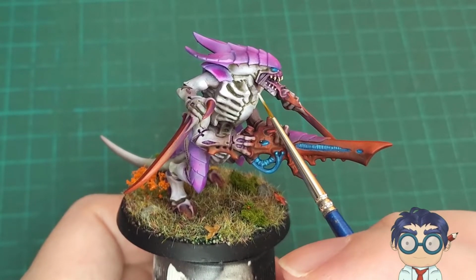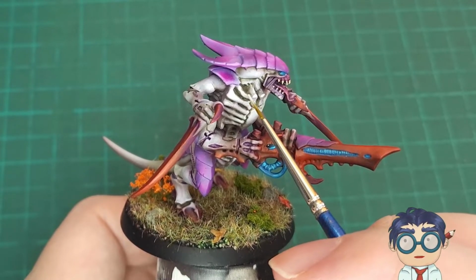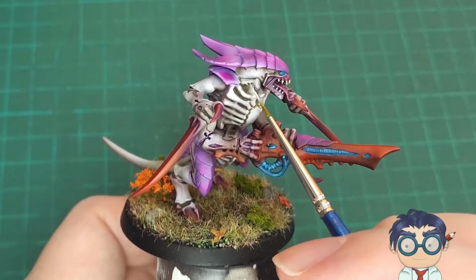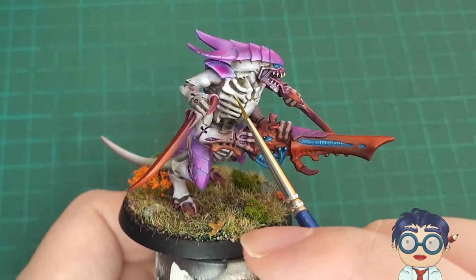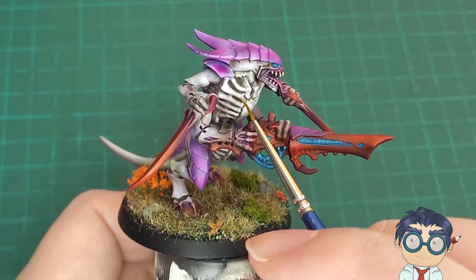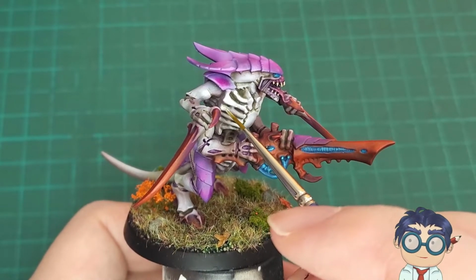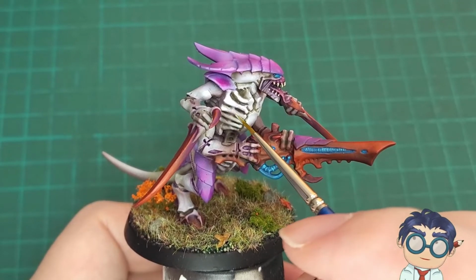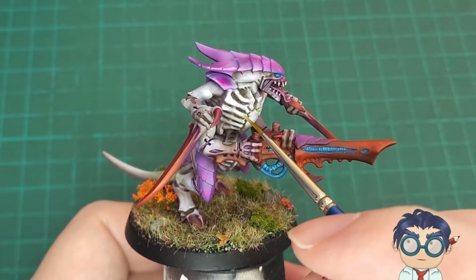I'm going to add some pure white into the mix. So the pure white is going to be used for the extreme highlights. As you can see, it doesn't really pick up very well on the camera, unfortunately. I don't paint straight lines with it necessarily, but I just paint the areas which catch the most light. So you can see on top of the ridges, at the parts where there are rounded edges